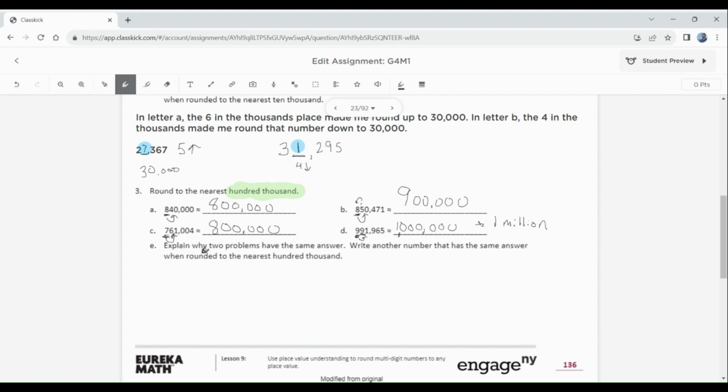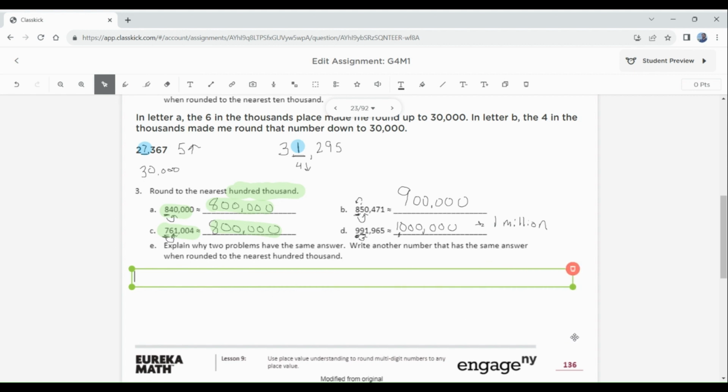Letter E is very similar to 2E. Explain why two problems have the same answer. So here's the two examples with the same answer. Write another number that has the same answer when rounded to the nearest 100,000. Well, our explanation is going to be fairly similar. So explain why two problems have the same answer. Well,